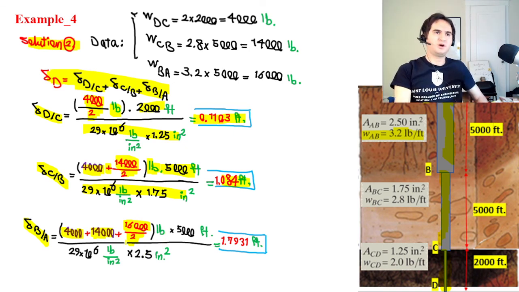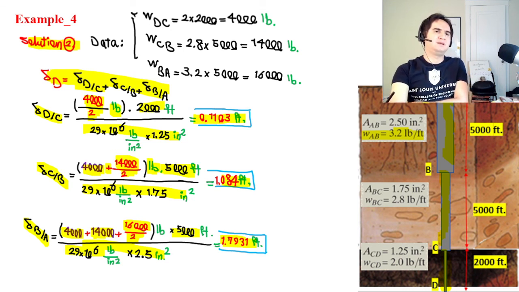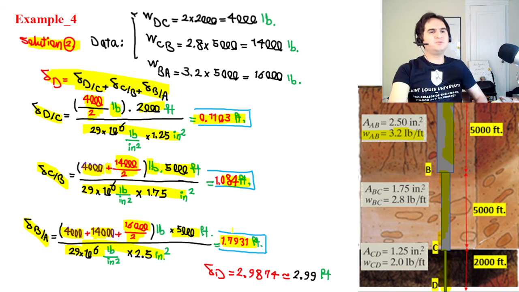They are not going to be halved again. So that's our normal force times 5,000 feet over EA, and it gives you 1.7931 feet. If you add them up together, you will reach a numeric value of